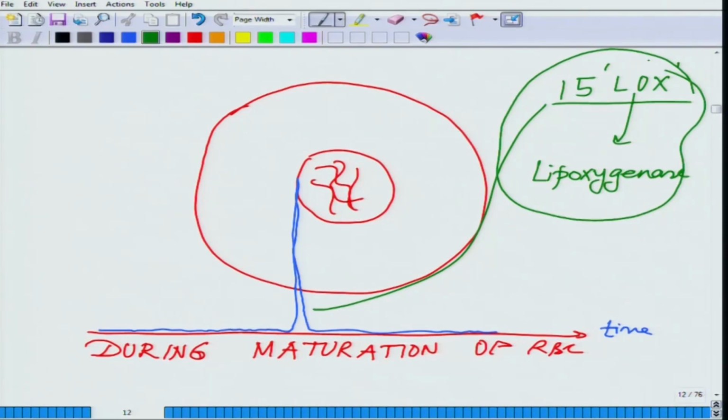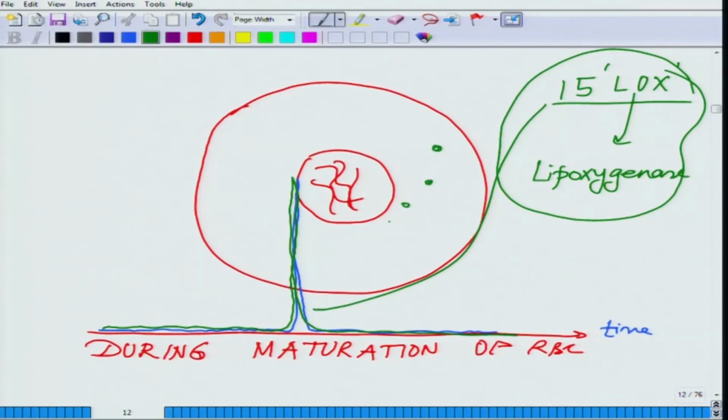Lipoxygenase. This enzyme generally remains at the basal level. If this blue color is showing the basal level during maturation, there is a specific point when there is a sharp peak of this enzyme and it falls down like this. Okay. So, when there is a sharp peak, what is essentially happening, let me represent the lipoxygenase